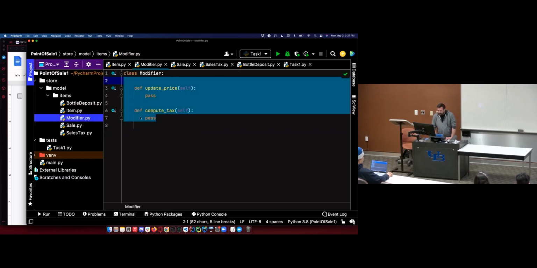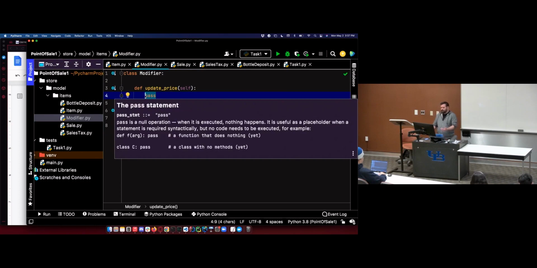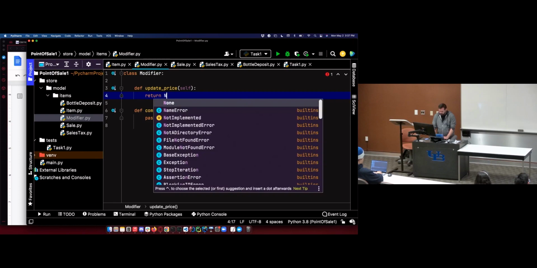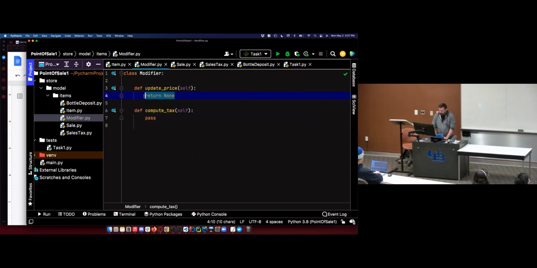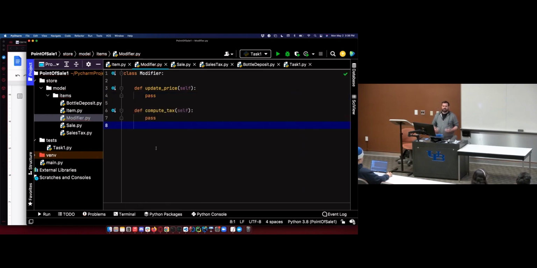So pass is different than returning null. I believe since I don't return anything, it will return, I think, None, an object of type None, capital N. And I could explicitly return null or whatever I want, or None. I'm just going to do pass. But you need something here, because Python needs something in the indentation to know that that block of code is over. So pass literally does nothing, but it's there just as a placeholder to say, yes, I know there's a block of code here. This block of code intentionally does nothing.